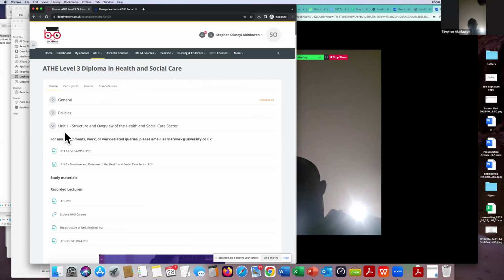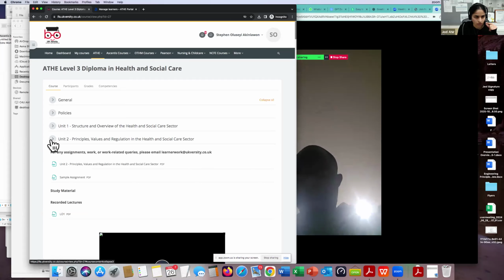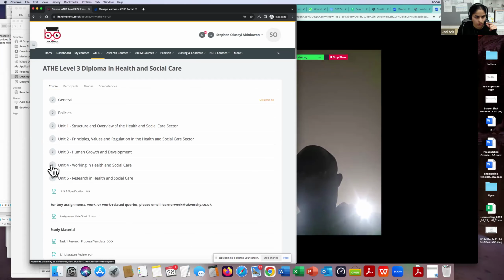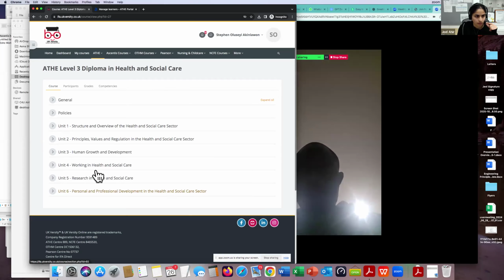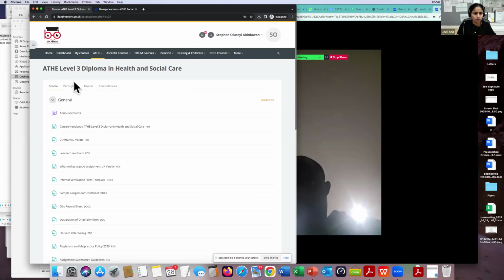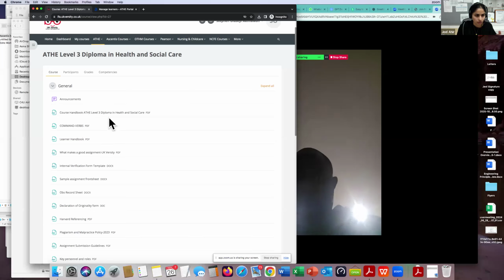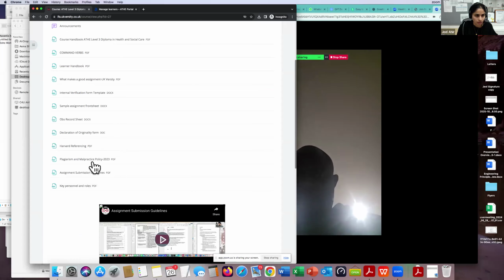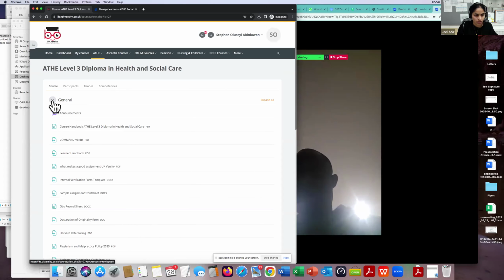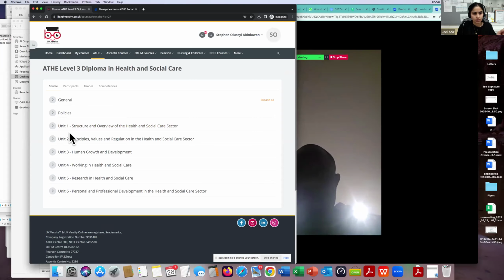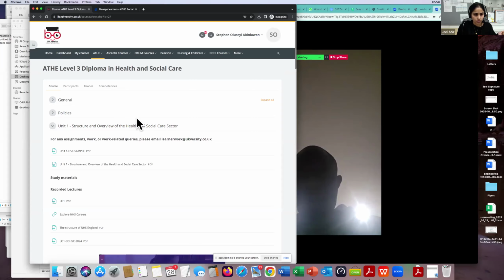This is how you can organize your Moodle. At first you can see the general part, which will give you an explanation regarding your course, your assignments, maybe the plagiarism and malpractice policy, and guidelines on your assignment. For example, if you're gonna work on your first unit, if you go to the first unit,